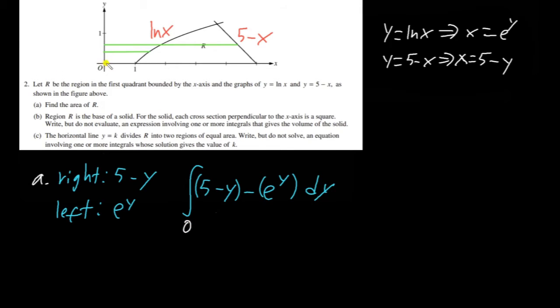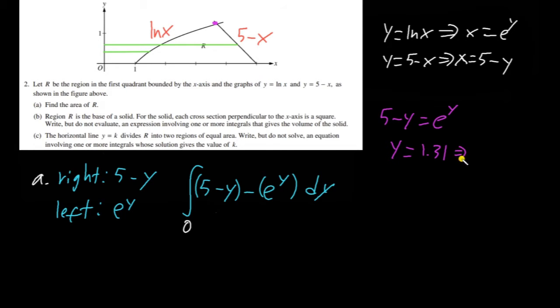And now for the bounds for the integral, it's going to be starting at 0, right? Because we're starting at y equals 0. We go up to this intersection point, right? I need to figure out what this intersection point is. So to figure out this point here, I need to set the two graphs equal to each other. So I'll set 5 minus y equal to e to the y. When you put this in your calculator, you graph it and you solve, you get that y equals about 1.31,